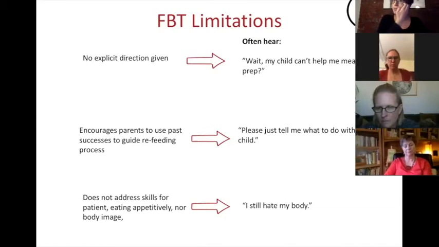But a lot of times parents really just don't know what to do in the context of an eating disorder, being present, and the eating disorder presenting as oppositional and defiant and all of these other kinds of tricks that the eating disorder can pull to throw the parents off. So it really is often the case that Dina and I found that parents really wanted to be told kind